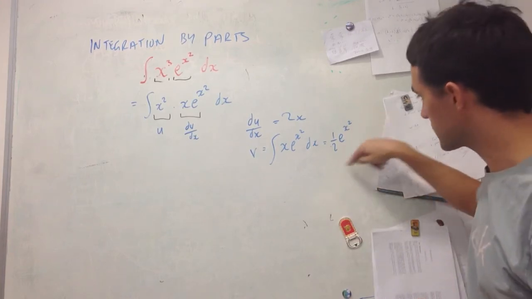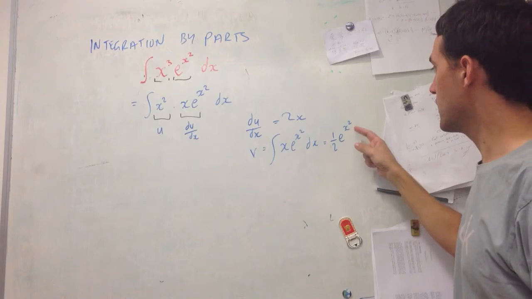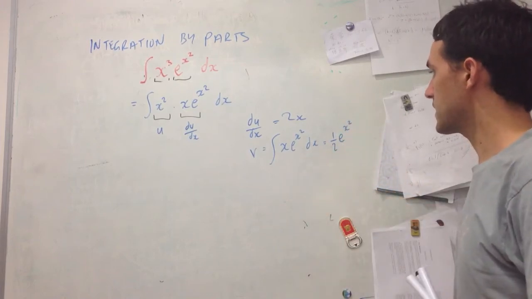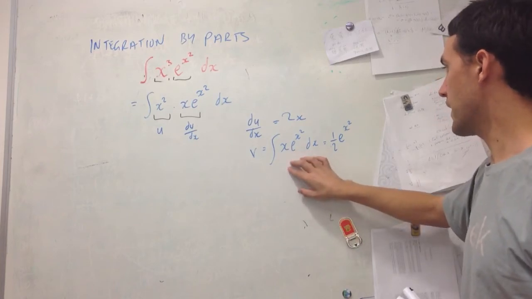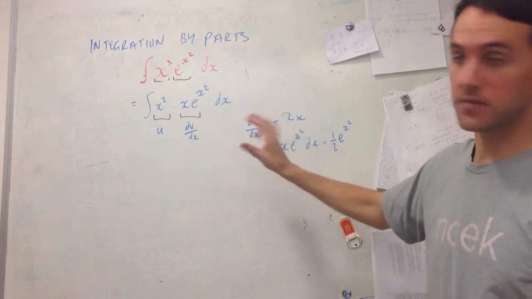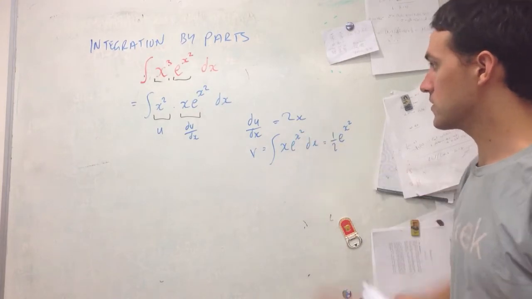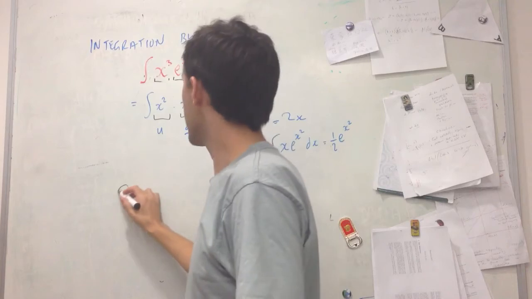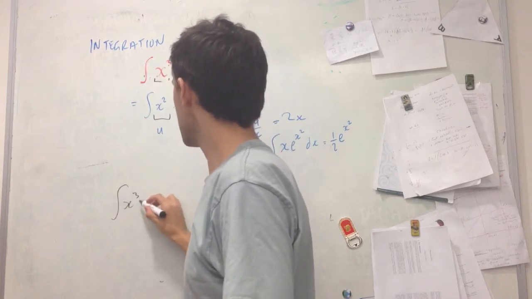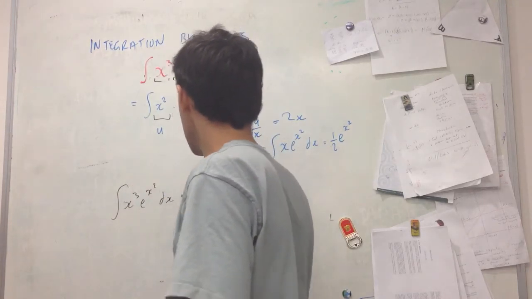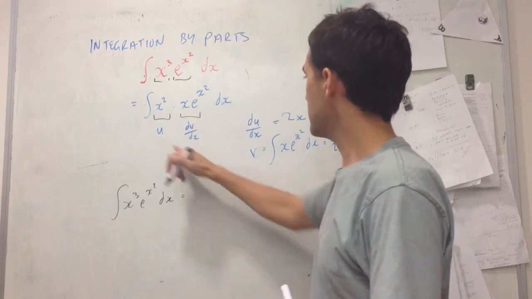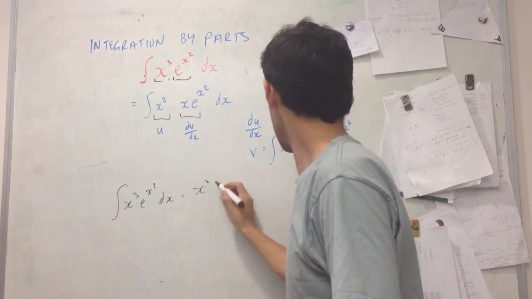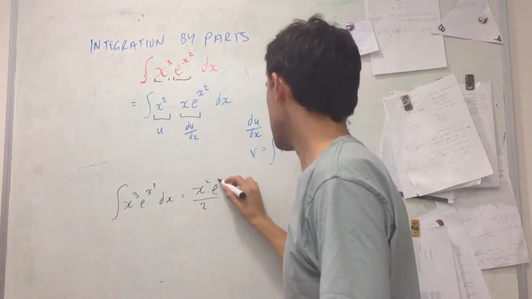You can see if I took the derivative of this like we did before, I'd have 2x multiplying down, the 2's would cancel and I'd get this here. You can solve this one by using integration by substitution, making e to the u, etc. Now putting this together, I get that the integral of x cubed e to the x squared dx is equal to u times v, so I get x squared on 2 times e to the x squared